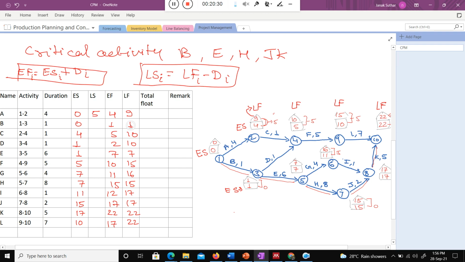The same thing you need to apply everywhere. Okay, 1 minus 1 is equal to how much? 0. Okay, can you calculate the next one for activity C? 9. Very good. For activity D, okay, 9. For activity E, 1. For activity F, 10. For activity G, 12. Okay. For activity H,